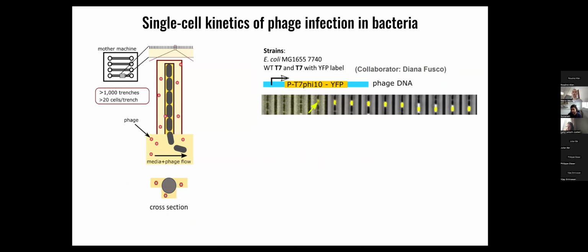And so the really nice advantage of these phages is that every time a cell gets infected by one of these phages, the cell eventually glows in yellow fluorescence. So you can actually detect them.